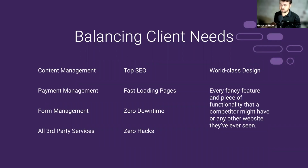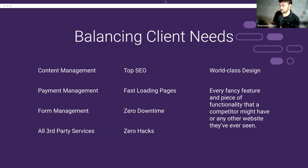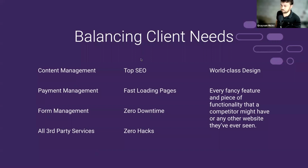Security is almost an expectation that you have some baseline security with whatever technology you're building with. But speed can be a driver of the business, and every website is at the end of the day a business driver, right? It's either e-commerce or it's trying to get an appointment with someone or whatever the conversion is on your site. Speed is super important for converting that person from a user to a customer. So I would say probably speed is the most common